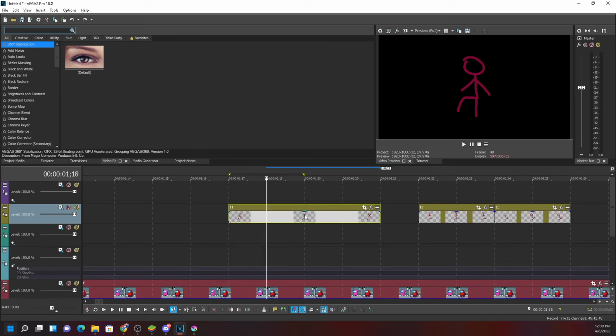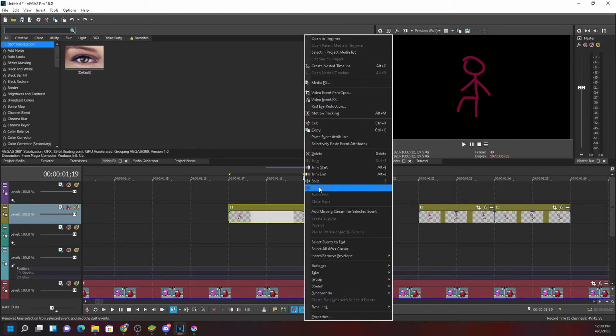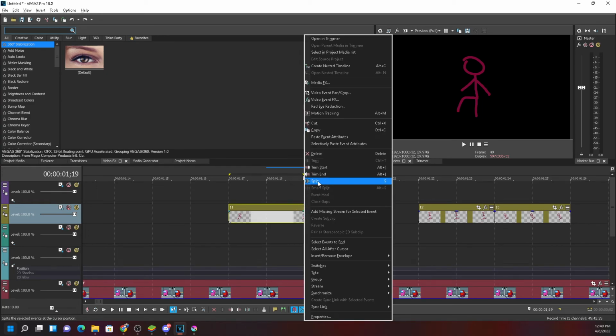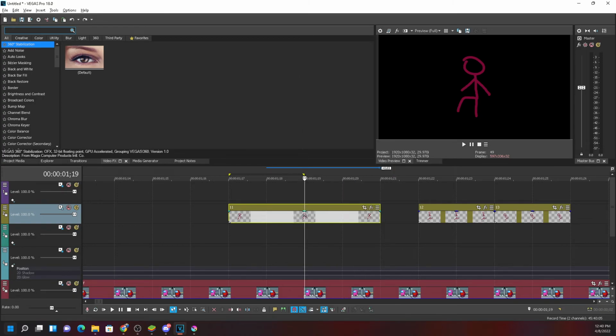I clicked on S, or you can place the mouse over here and right click, and you can click it over here. There is a split option over here. You can see there are shortcut keys for it. Alt is the shortcut for delete on the side. So I deleted it like this. Now, is it clear?